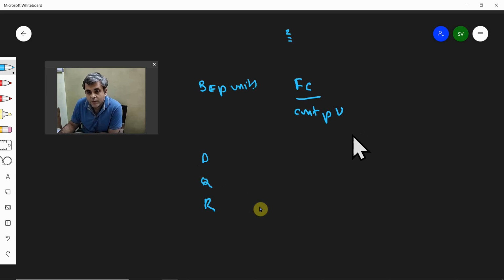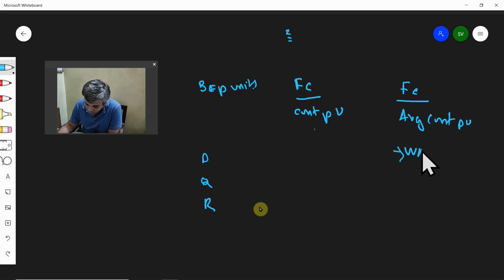Can I take the aggregate? I cannot take the aggregate, because then it is as if there are three products inside one product, and it's not. So the answer to this trouble is that you take the average contribution. When it's a multi-product company, the break-even point changes to fixed cost divided by average contribution per unit. Now what kind of average? It is a weighted average. You have to calculate the weighted average contribution.